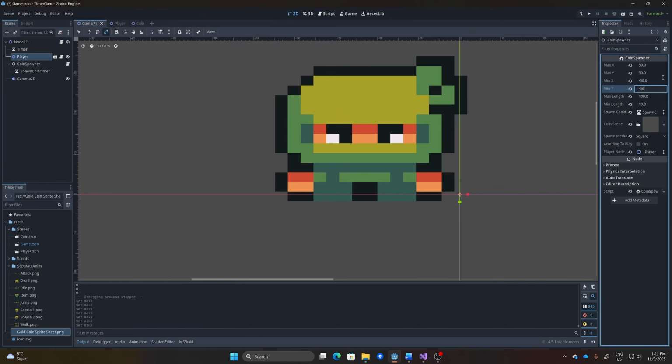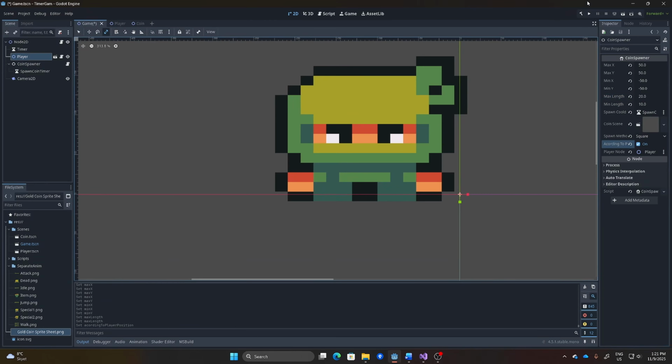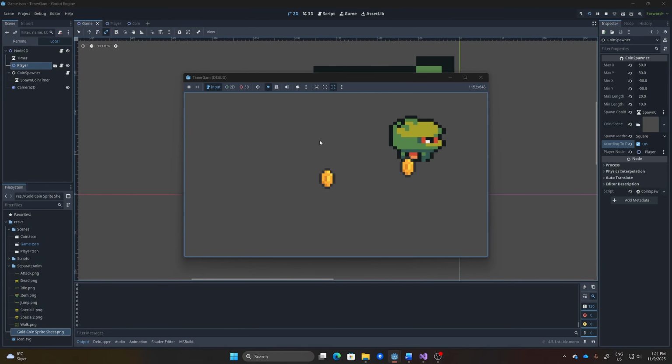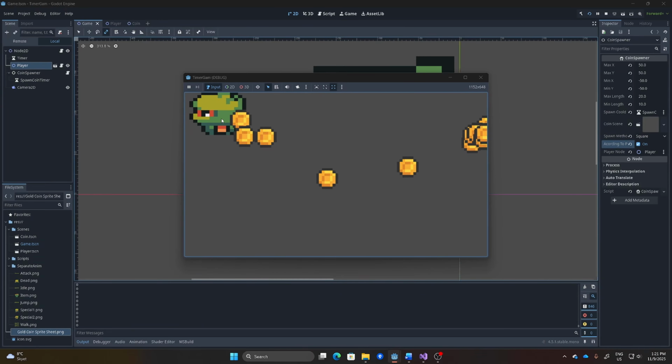Just for testing. And let's try to put it on. So you can see here that we are moving according to the player. And if we move our player over here, you can see that it's spawning near the player instead of a random position. So that's how to make it more according to the player.